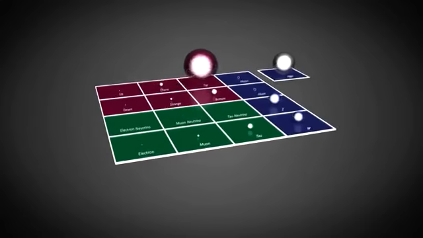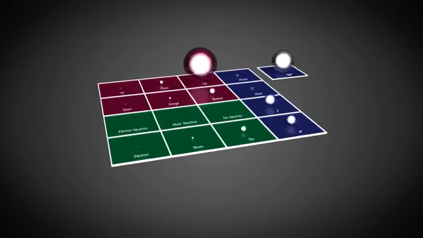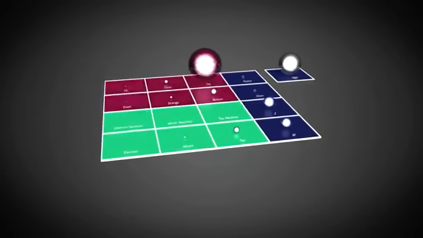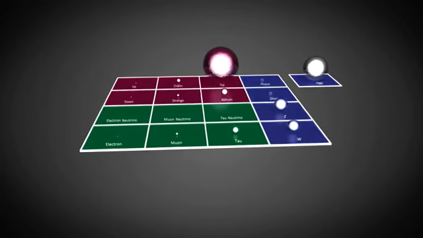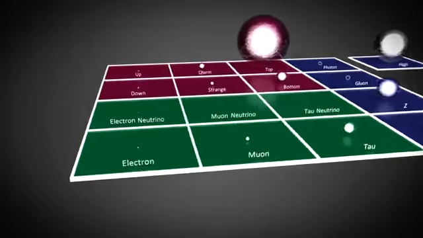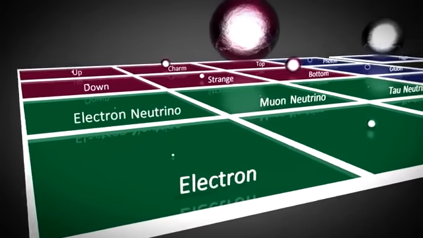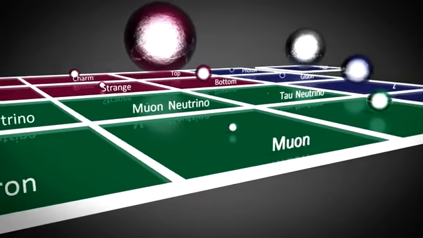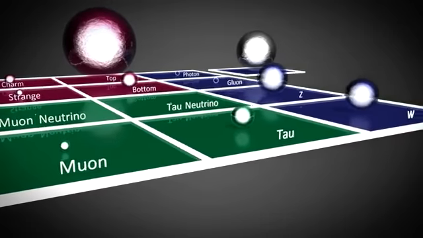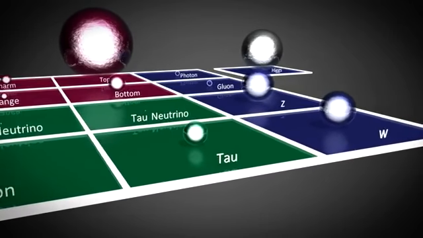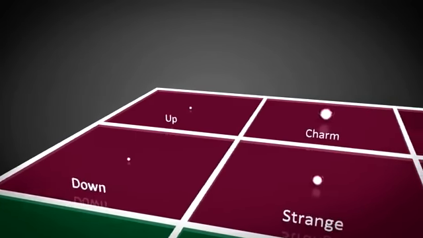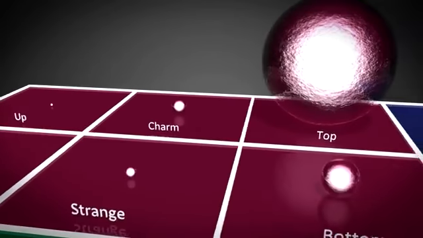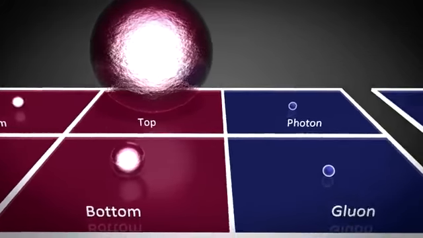This is the standard model of elementary particles that make up the known universe. They are divided into groups called the leptons, the quarks, and the gauge bosons. The leptons consist of the atomic electron and its two larger cousins, the muon and the tau, as well as three types of neutrino. The quark group consists of the up and down quarks, which make up the constituents of protons and neutrons, as well as their larger cousins, the charm, strange, top, and bottom quarks.